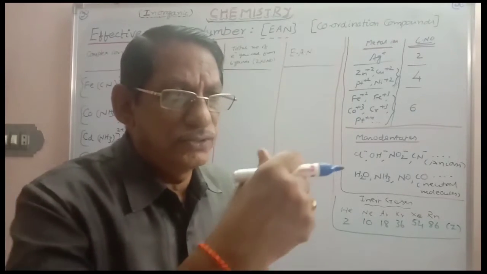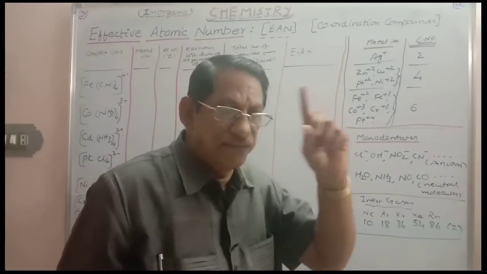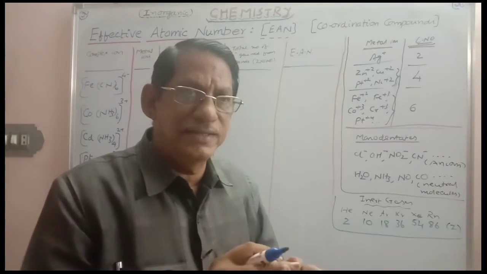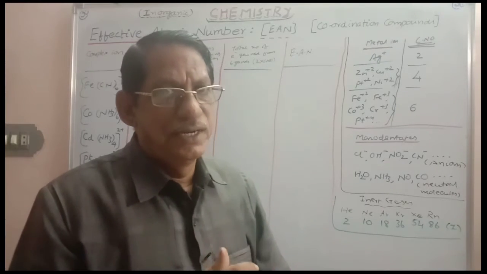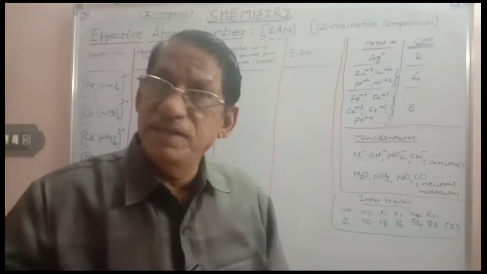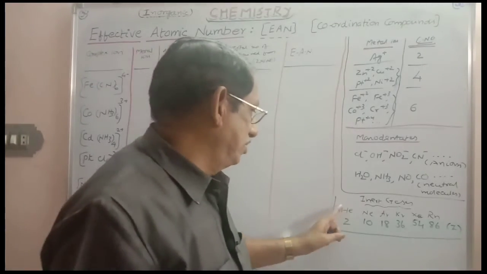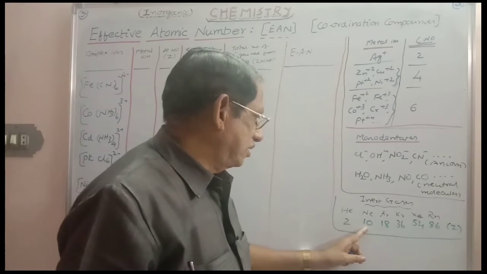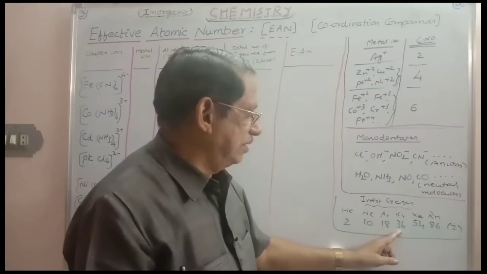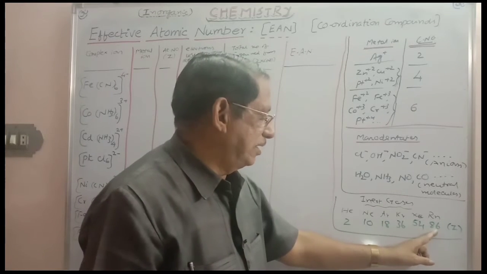For that, if you want to get the atomic numbers of the remaining elements starting from the first one, you have to add 8, 8, 18, 18, 32. If you add these numbers to the first atomic number, you will get the atomic numbers of the remaining elements. Okay? Atomic number of helium is 2. Add 8, 10; add 8, 18; add 18, 36; add 18, 54; add 32, 86.